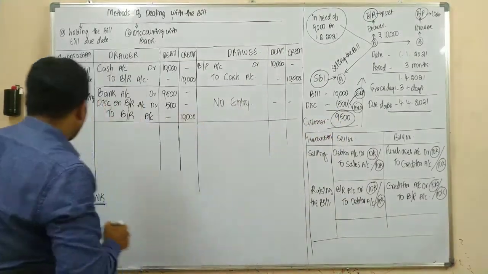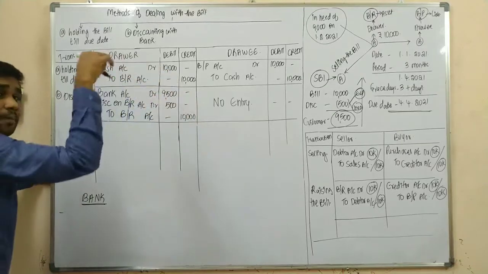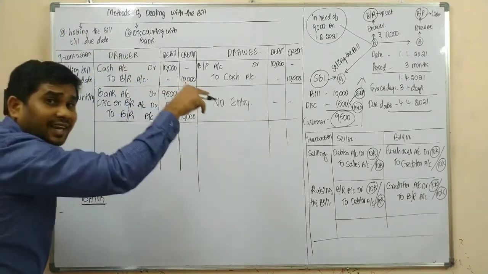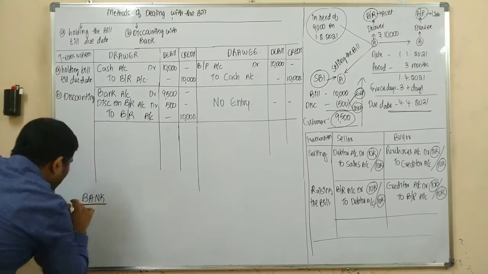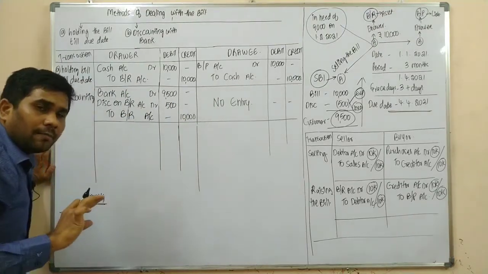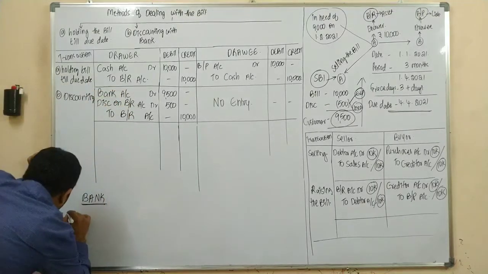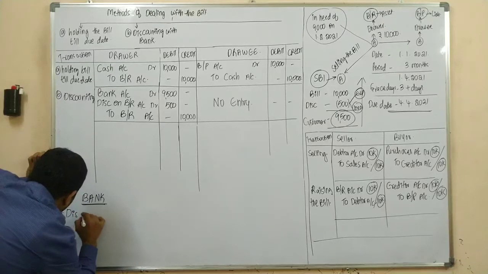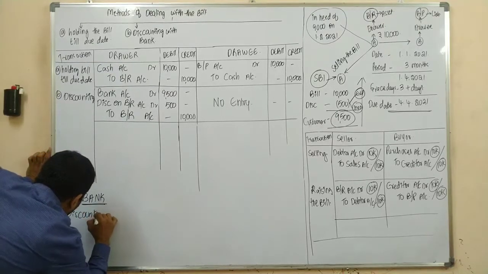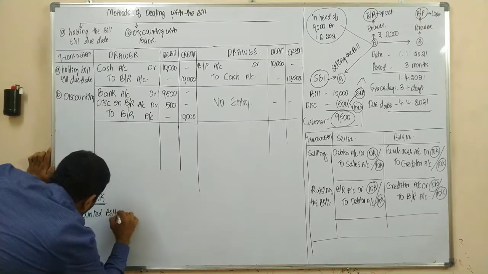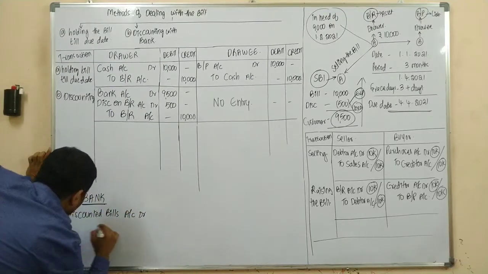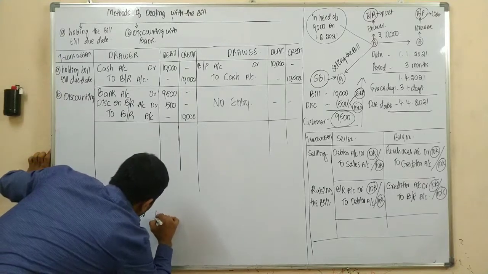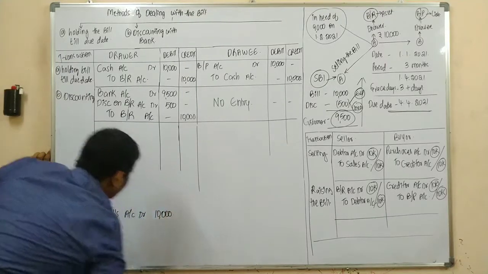So what is the journal entry, sir? As he is receiving the bill, it is nothing but an asset to the business. Instead of recording it as bills receivable, it would be specially recorded with a name called discounted bills. Discounted bills account debit. How much was the bill, sir? The bill value would be 10,000 rupees